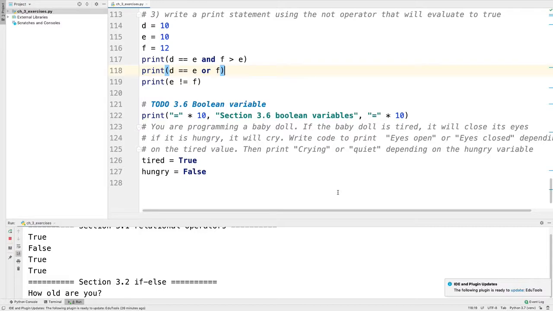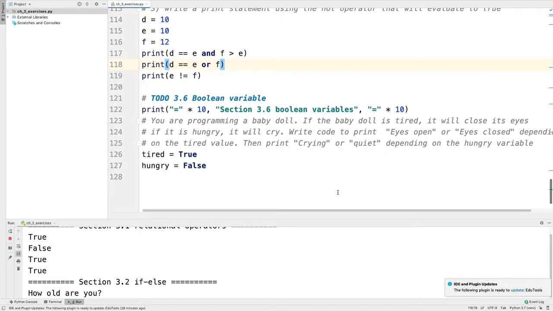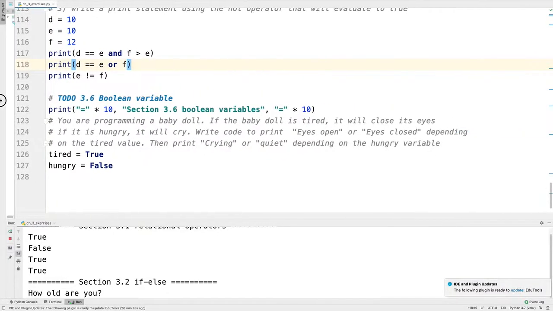You are programming a baby doll. If the baby doll is tired, it will close its eyes. If it is hungry, it will cry. Write code to print eyes open or eyes closed, depending on the tired value. Then print crying or quiet, depending on the hungry variable. So what it's looking for here,